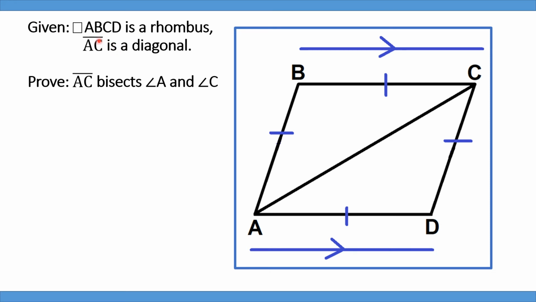So we were given that quadrilateral ABCD is a rhombus. So it must imply that line segment BC is congruent to line segment CD, which is also congruent to line segment AD and congruent to line segment AB. Also, line segment BC is parallel to line segment AD. Well, of course, line segment AB is also parallel to line segment CD. But I only marked here because I think this would be enough for the proof.